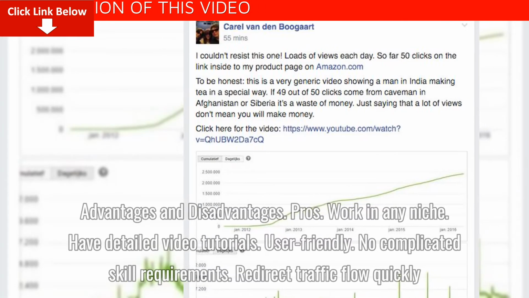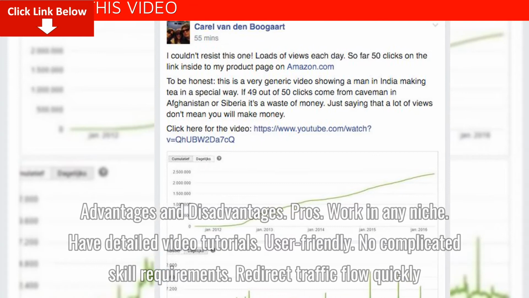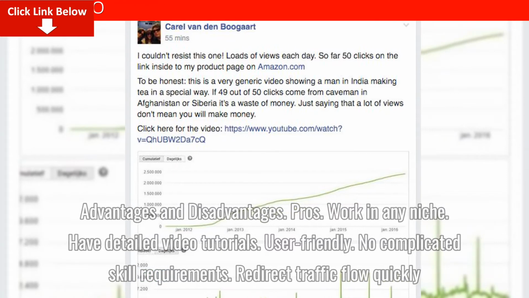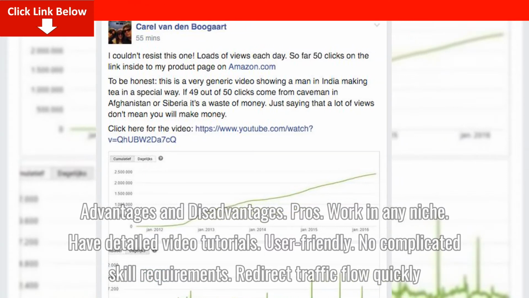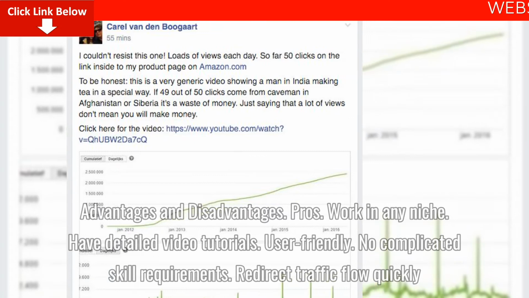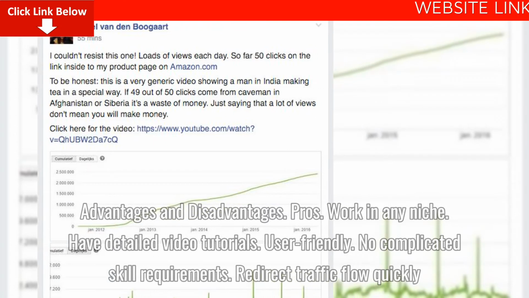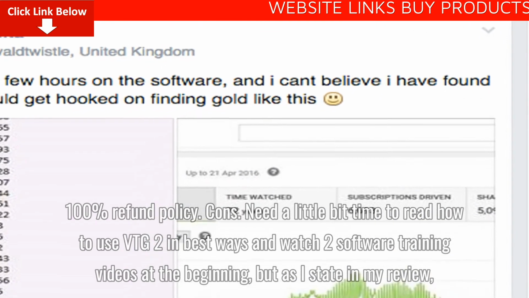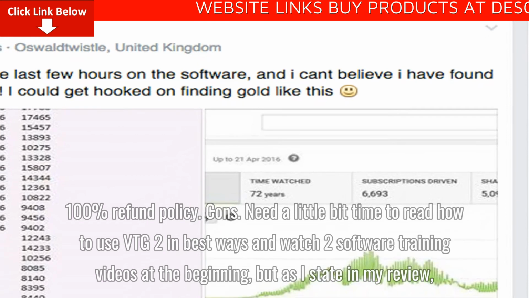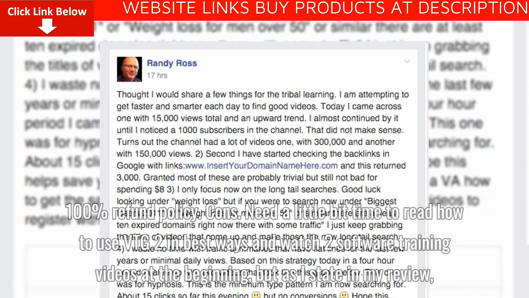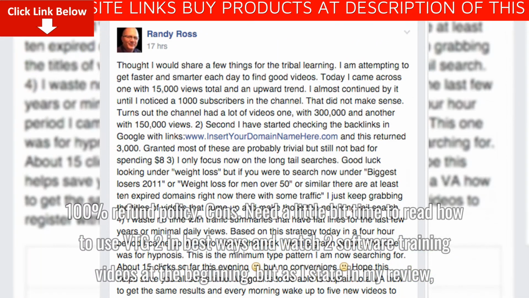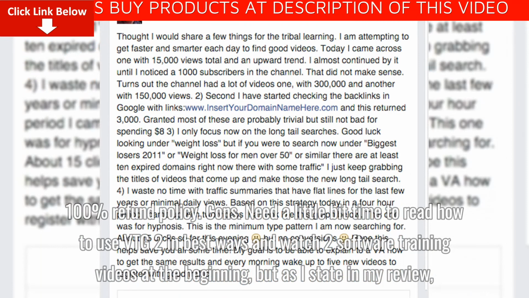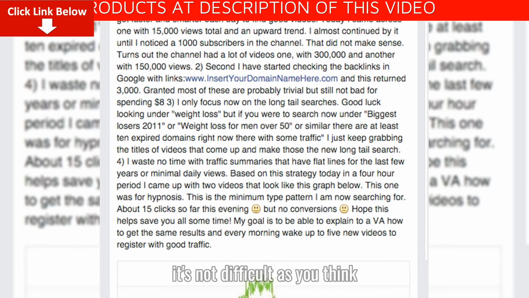Advantages and disadvantages. Pros: Works in any niche. Has detailed video tutorials. User-friendly. No complicated skill requirements. Redirects traffic flow quickly. 100% refund policy. Cons: You need a little bit of time to read how to use VTG2 in the best ways and watch 2 software training videos at the beginning, but as I state in my review, it's not difficult as you